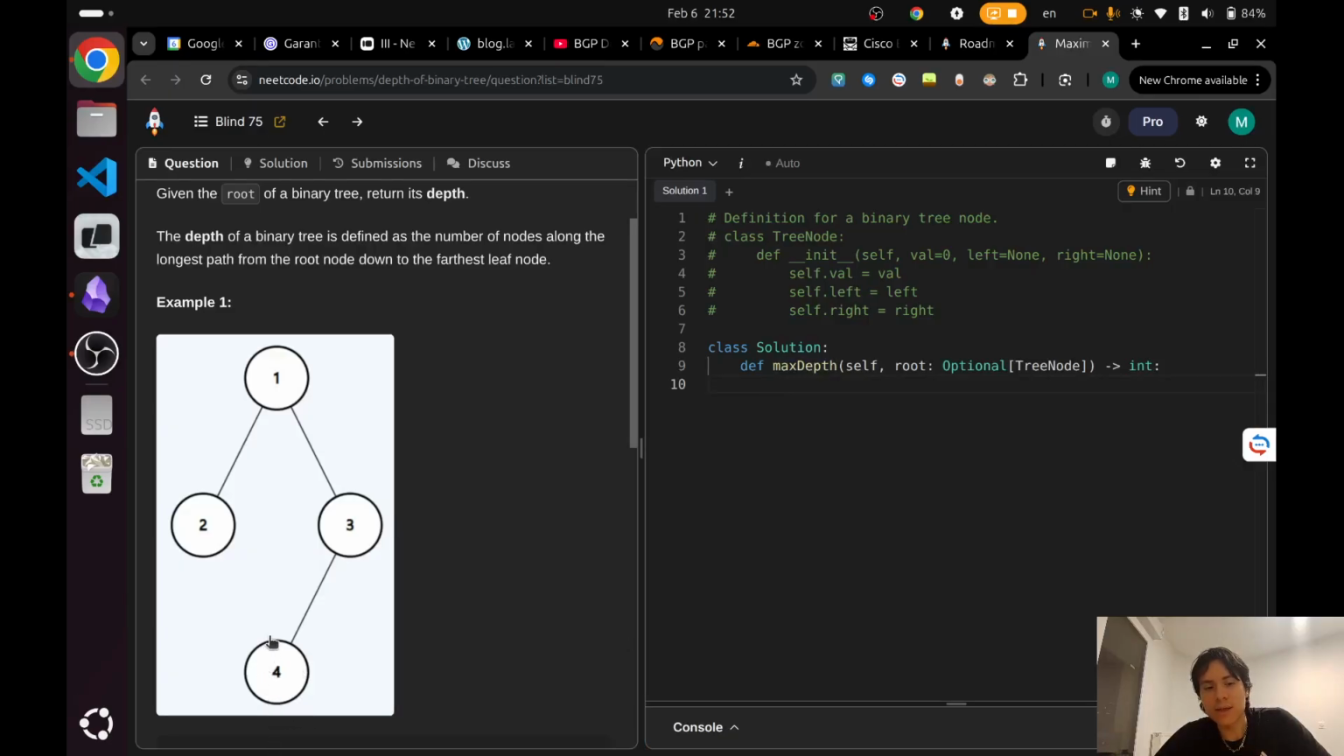So you say, okay, the height of the last node is just 1, and the height of the 3 is 1 plus 1, which is 2. Then the height of 1 is 1 more, which is 3, right? So it's 1 plus the maximum value between the children. That's it. So when we run the function, we can directly say return 1 plus the maximum value of running the function